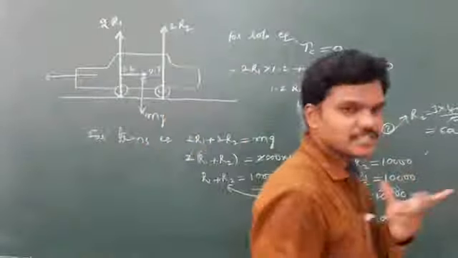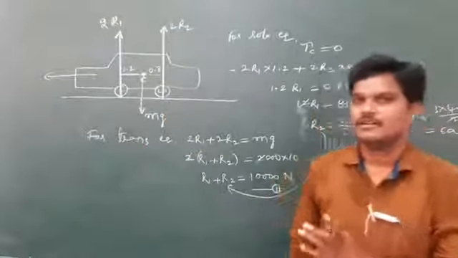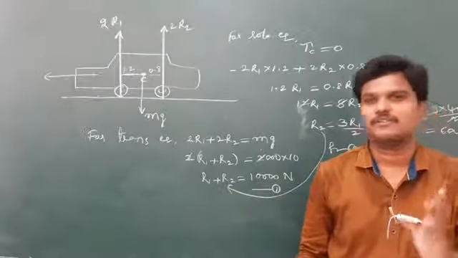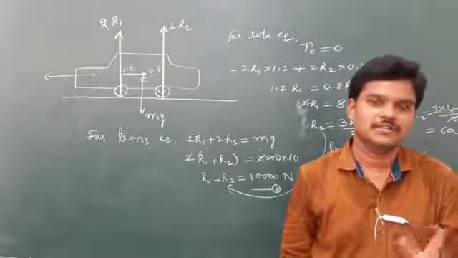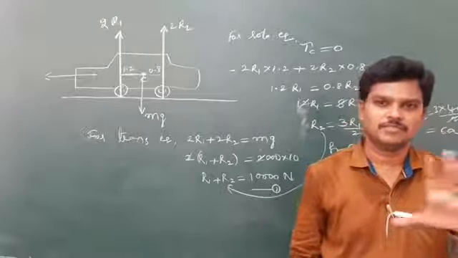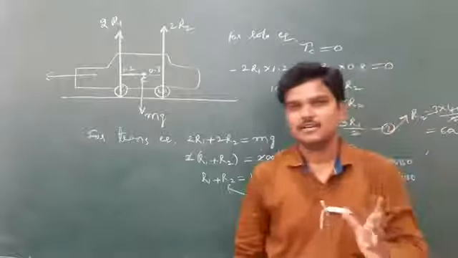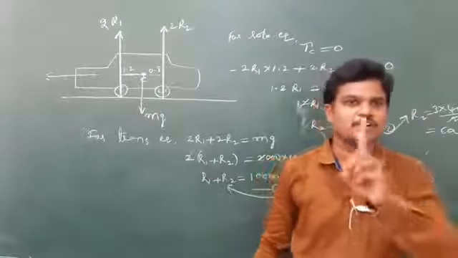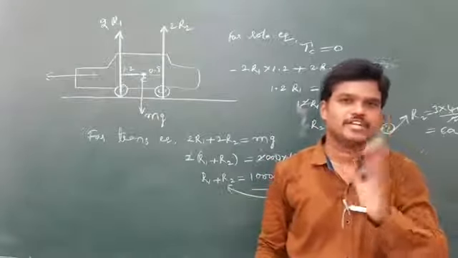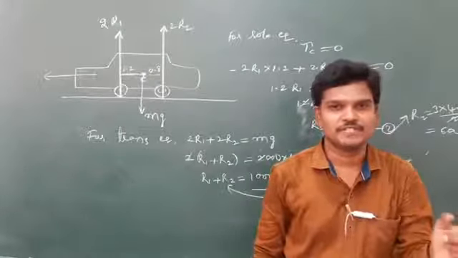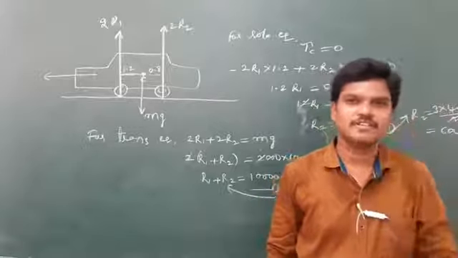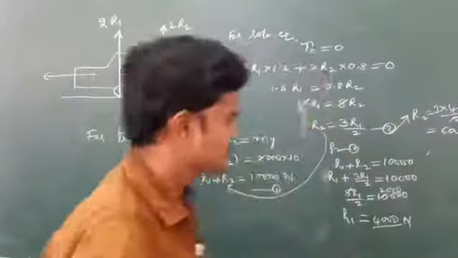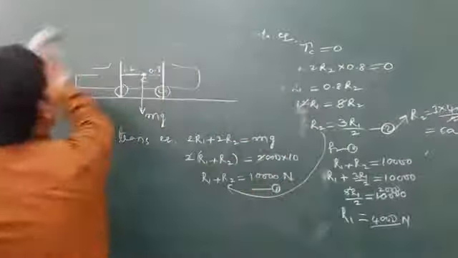See, to solve this type of question, you can take two equations. One is translational equilibrium, the other is rotational equilibrium. For translational equilibrium, you equate the forces: upward force equals downward force, otherwise left side force equals right side force. You will get one equation. Again, take torque about any point as 0 and you will get one more equation. Solve those two equations and you will get the answers. Okay, now let us take one more question, a simple question only. This is also simple.